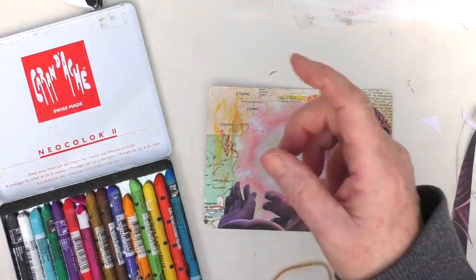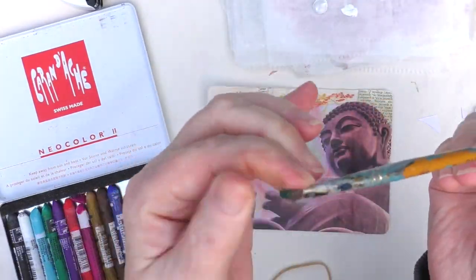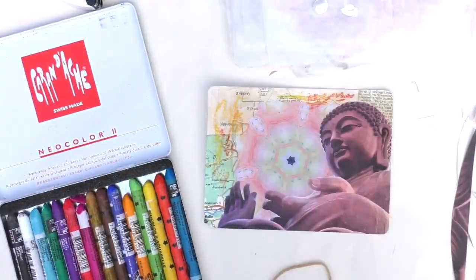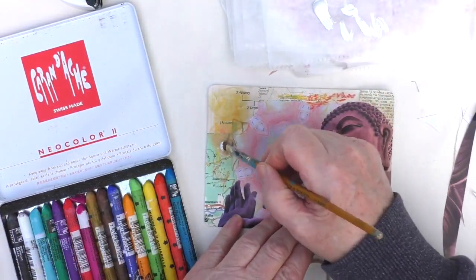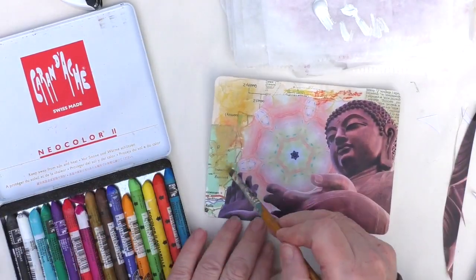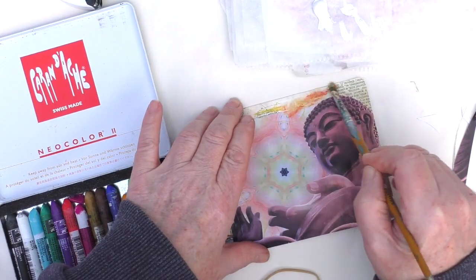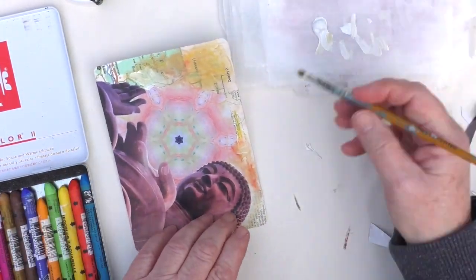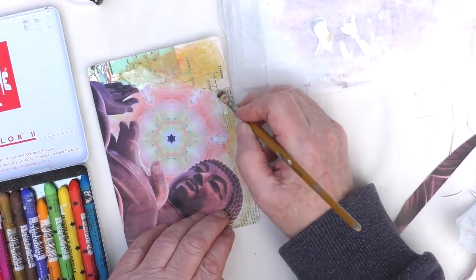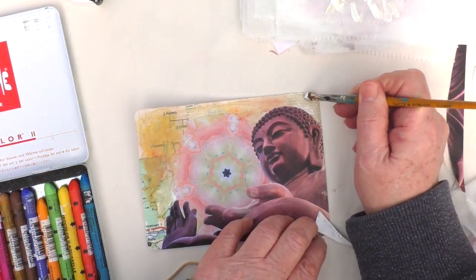I did think that I might use some of the craft paints, but it's just the way it went when I was working. It's just what I ended up using. Got a very old brush there, there's hardly any bristles left on it. And what I was basically trying to do here was just to get some of the colours that had been in my collage piece there, which had come from one of my painted masterboards that I can't remember if I did it with the Neo colours or if it was with the Inktense pencils,